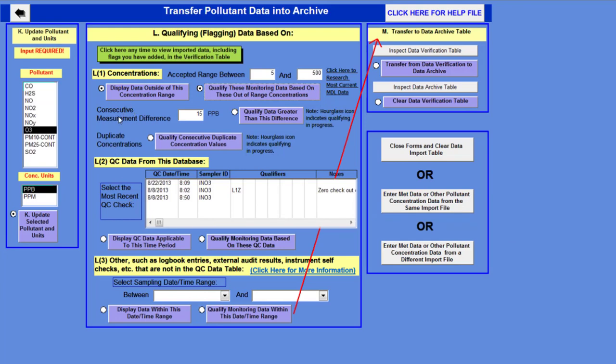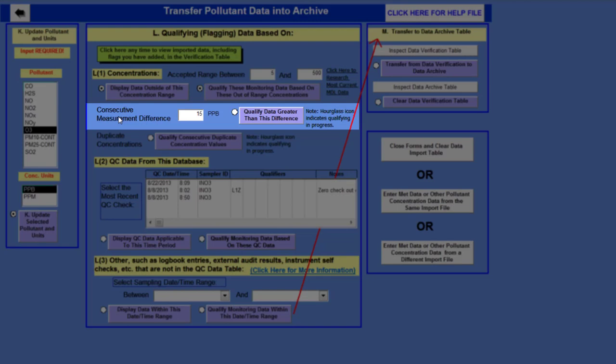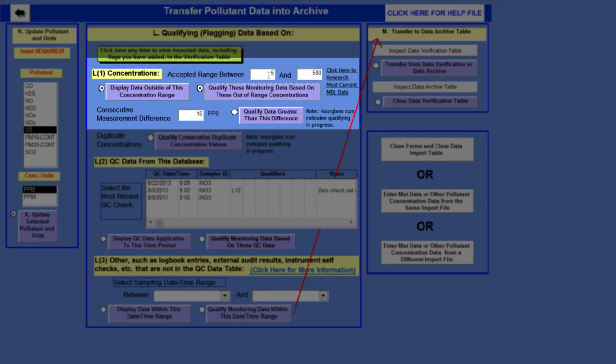So next, the consecutive measurement difference. What this does is it flags data that vary wildly between one concentration to the next. So you can tell the toolbox how much variance you want here. By default, it does 3 times the minimum here. So 15 is what it's going to do. So anything where the one value and the next value are more than 15 parts per billion apart, it's going